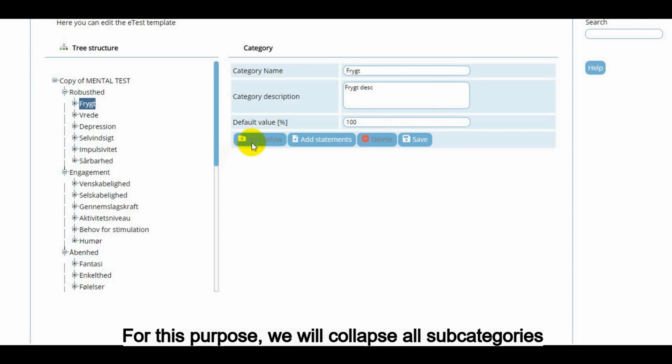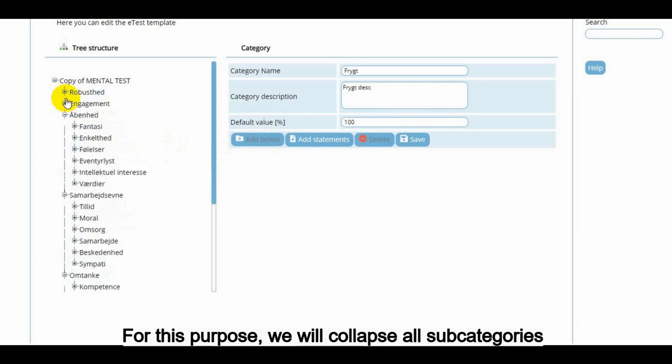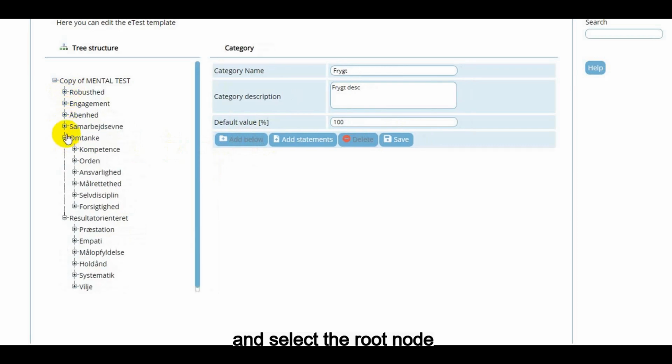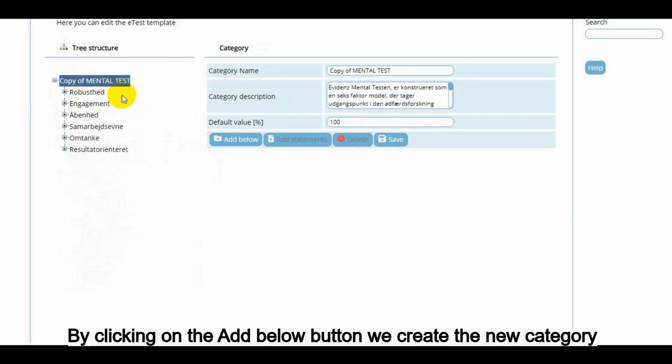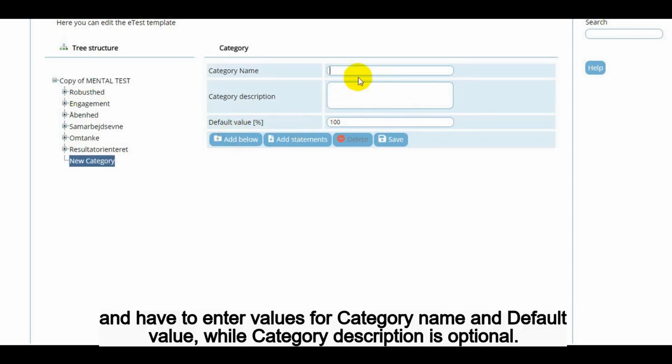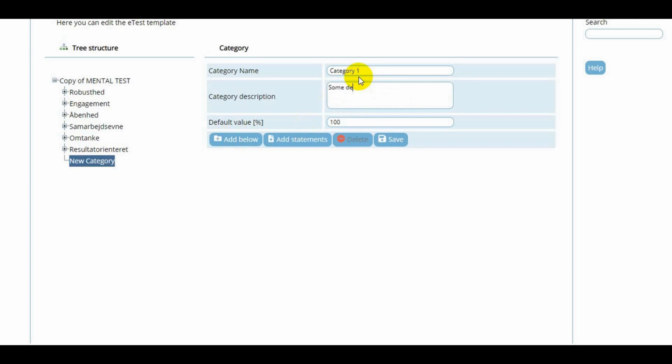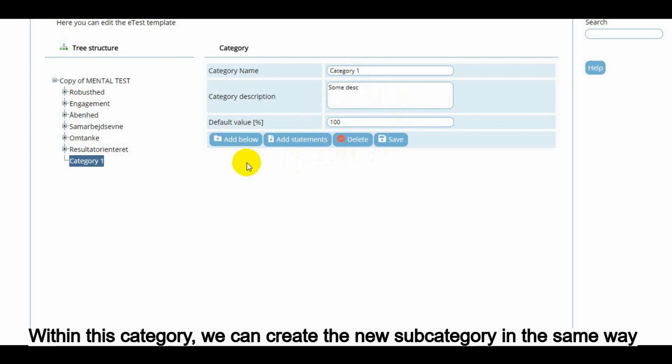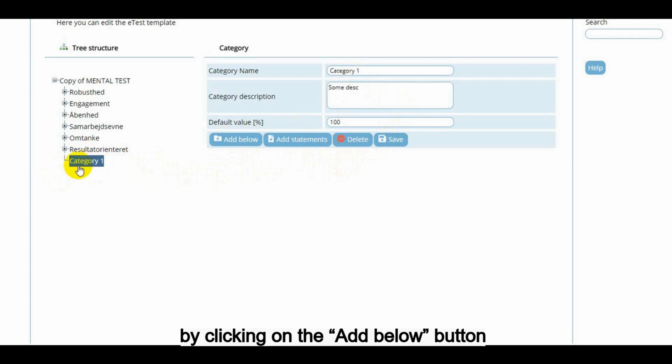For this purpose, we will collapse all subcategories and select the root node. By clicking on the Add Below button, we create a new category and have to enter values for category name and default value, while category description is optional. Within this category, we can create the new subcategory in the same way. By clicking on the Add Below button,